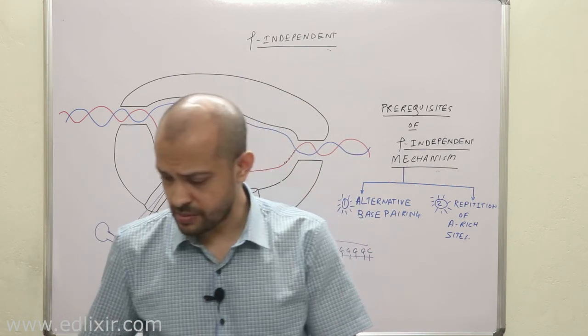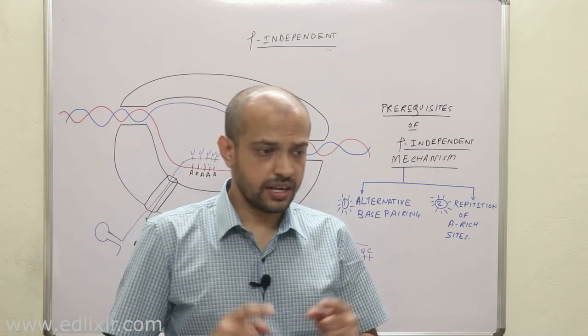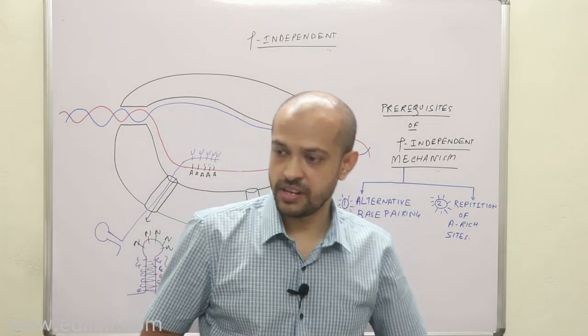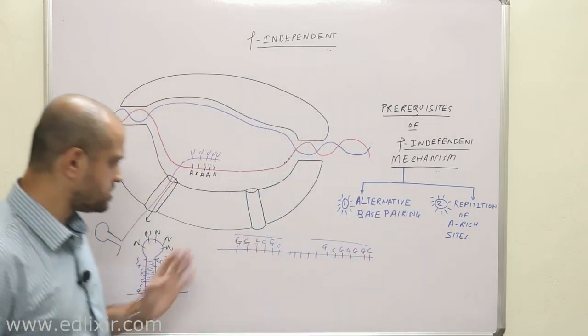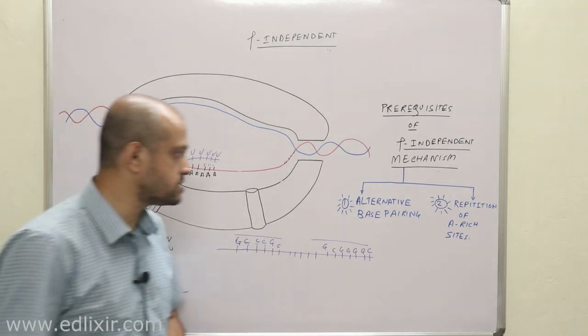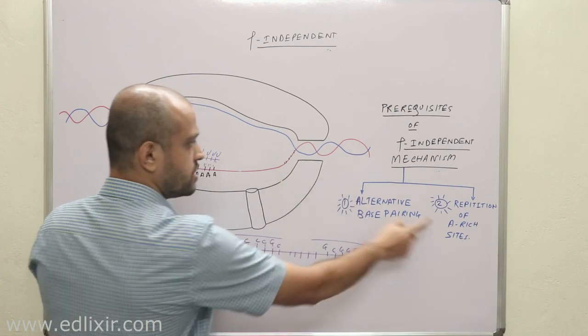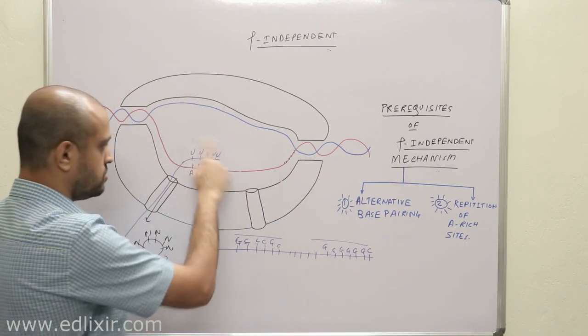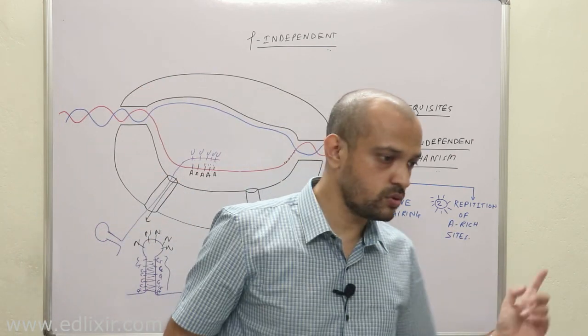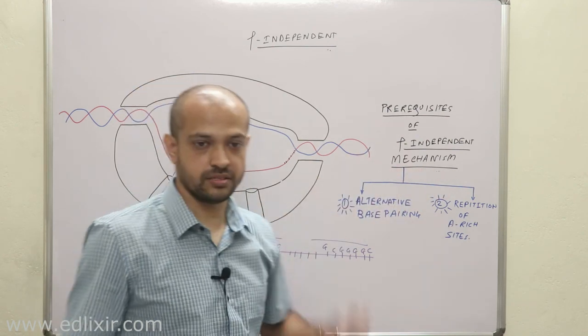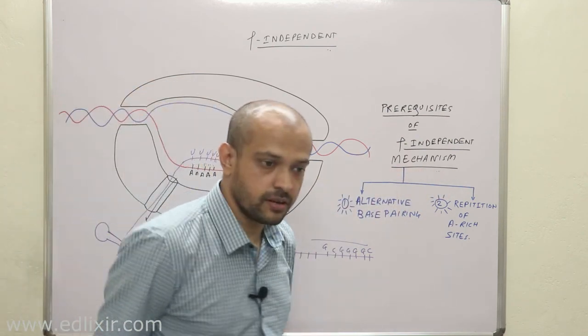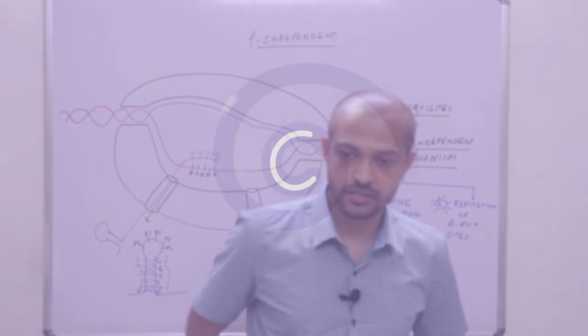So in the Rho-independent mechanism, the formation of the hairpin loop is very, very important. Clear? So these are alternative base pairing, and this is repetition of A-rich series or A-rich sites. These two are very important for the Rho-independent mechanism. Okay. So we have successfully completed transcription in prokaryotes. Now we'll be talking about